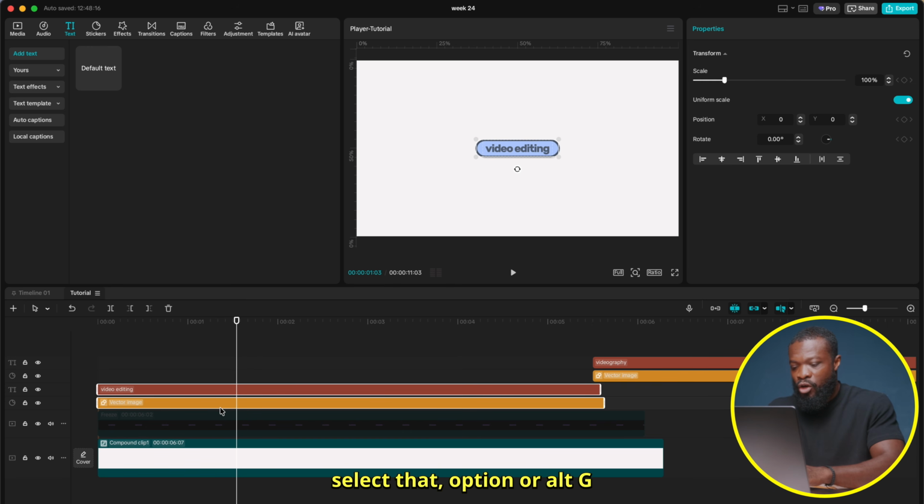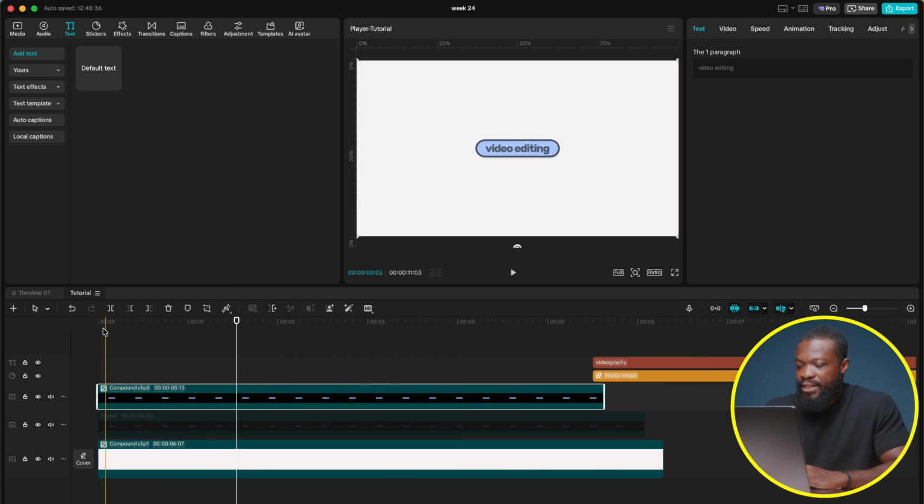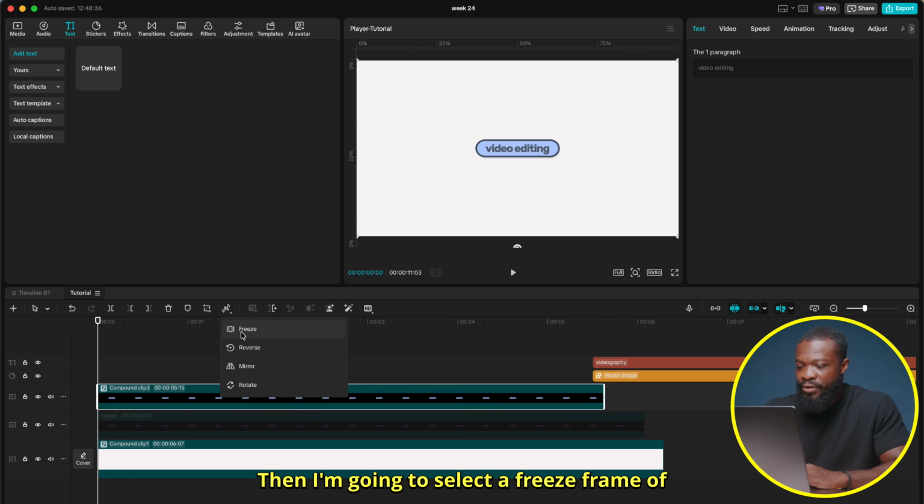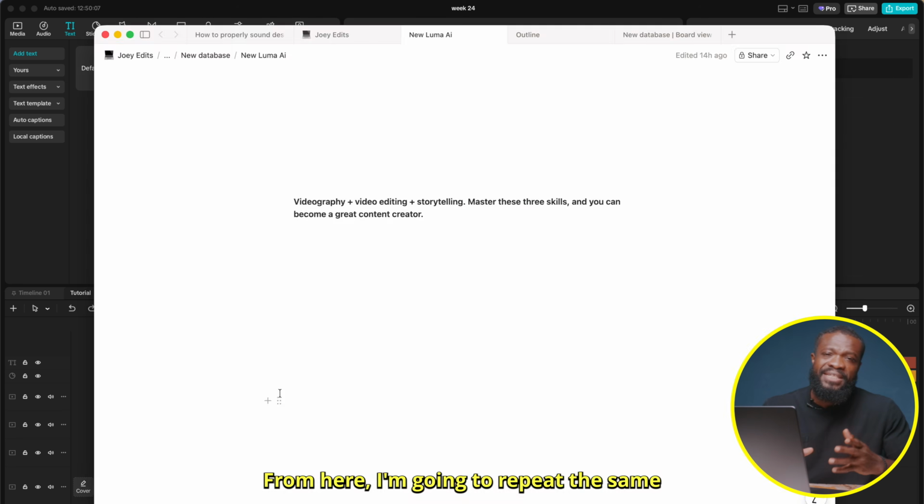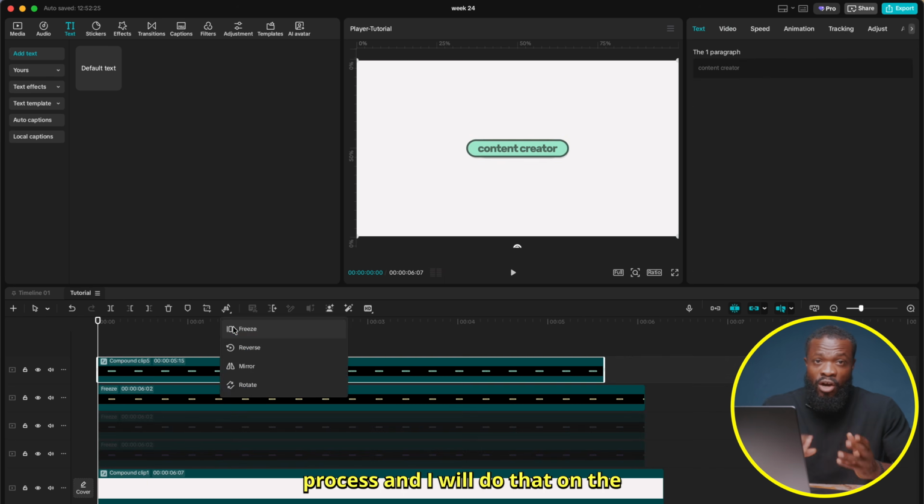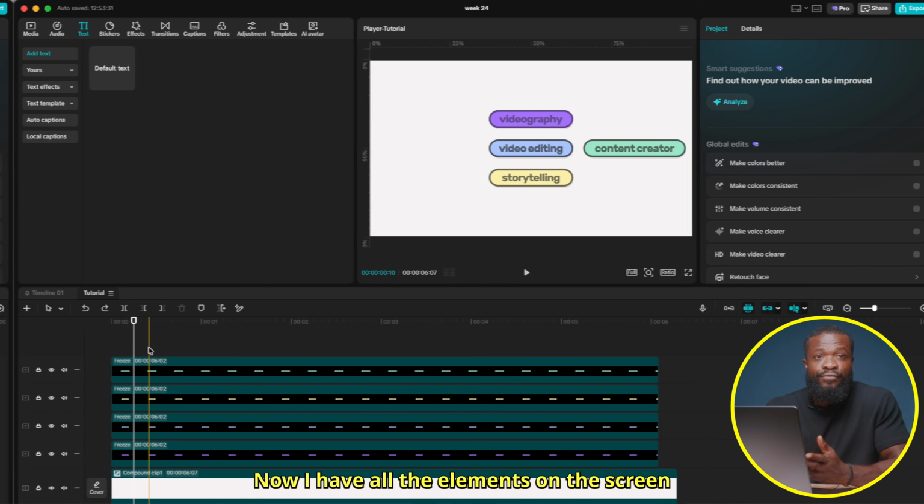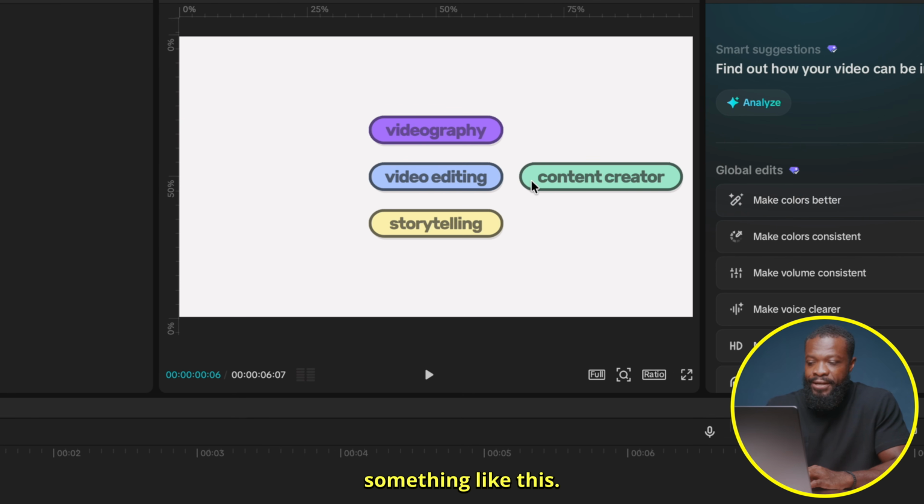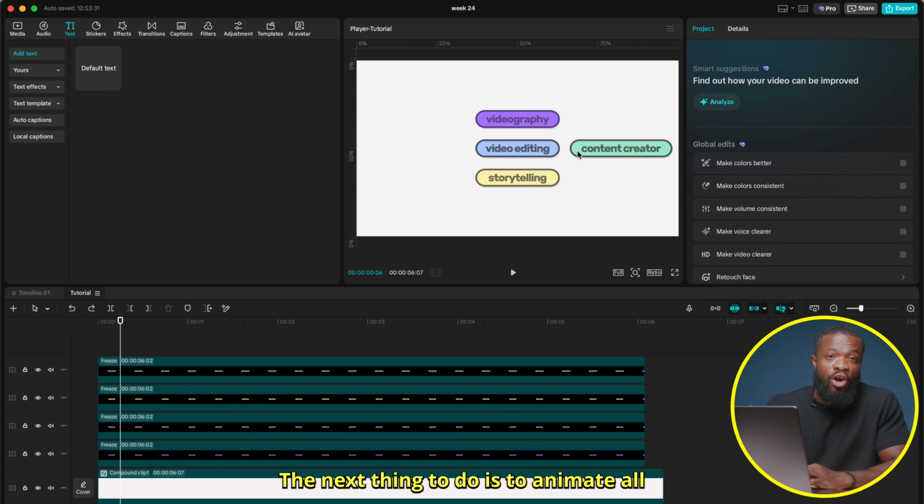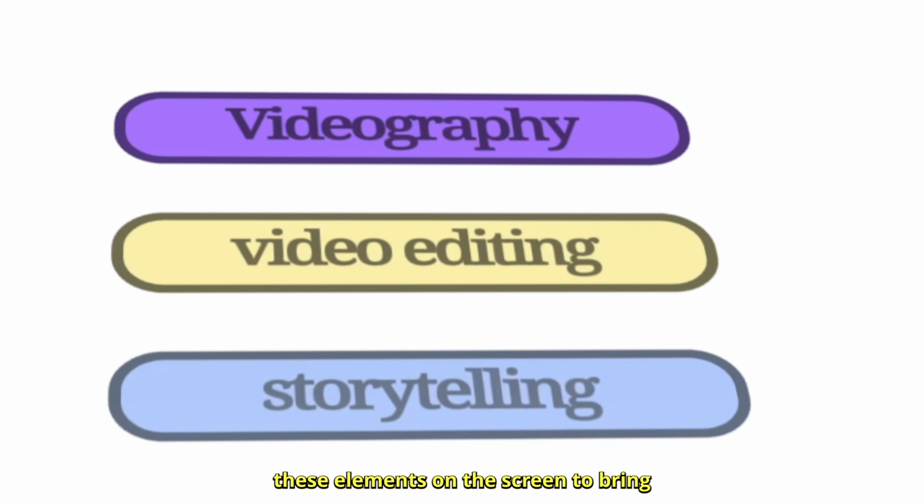Select that, Option or Alt-G to create a compound clip. Then I'm going to select a freeze frame of it so I don't limit myself when it comes to compound clips. From here, I'm going to repeat the same process and I will do that on the remaining words that we have. Now I have all the elements on the screen nicely arranged and I end up with something like this. The next thing to do is to animate all these elements on the screen to bring this static design